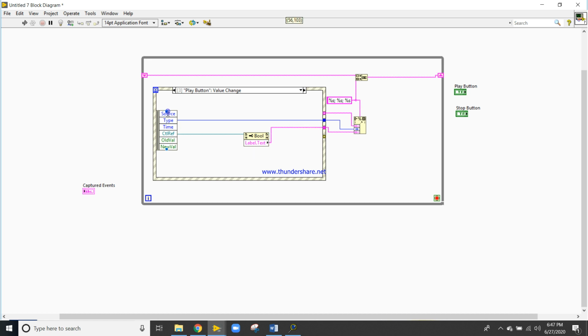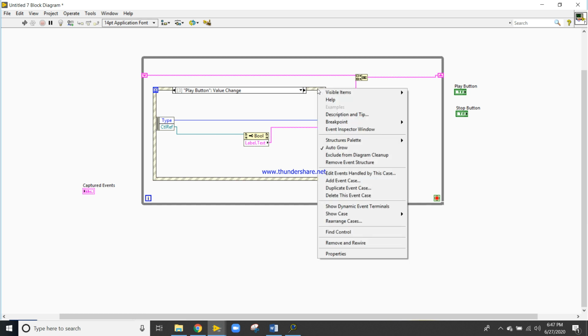If you want, you can close other clusters also. Okay, now this one is set.